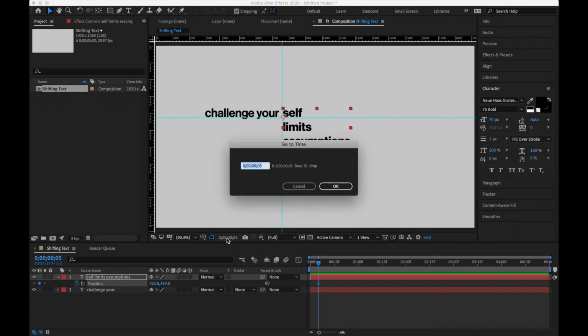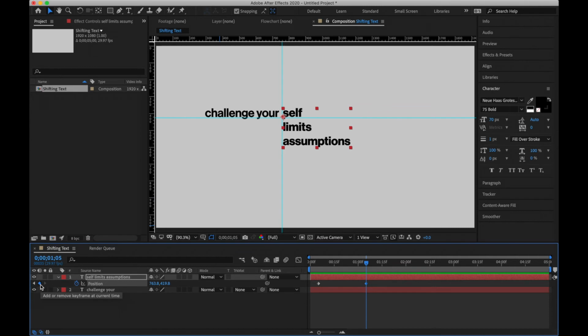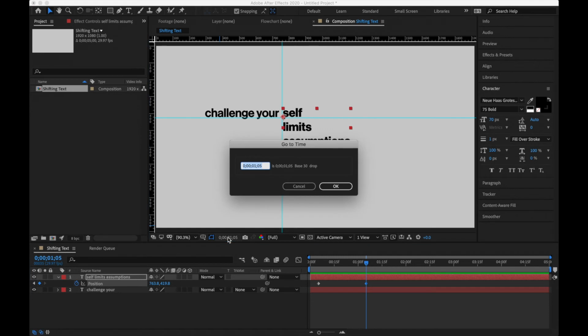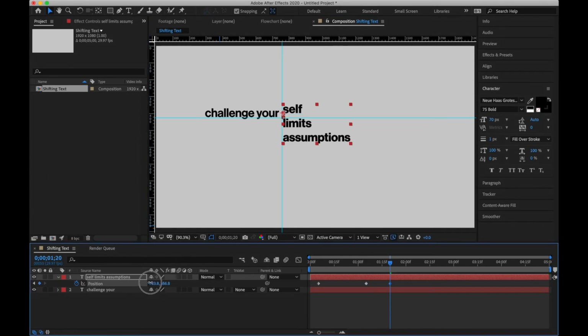Therefore, it means we're going to go to the next keyframe, which is 1 second further, and keyframe that position. We're going to have a shifting period of half a second. So we're going to move a further half a second. The next keyframe will go on that position, and we're going to shift our text upwards so that we can view the next line